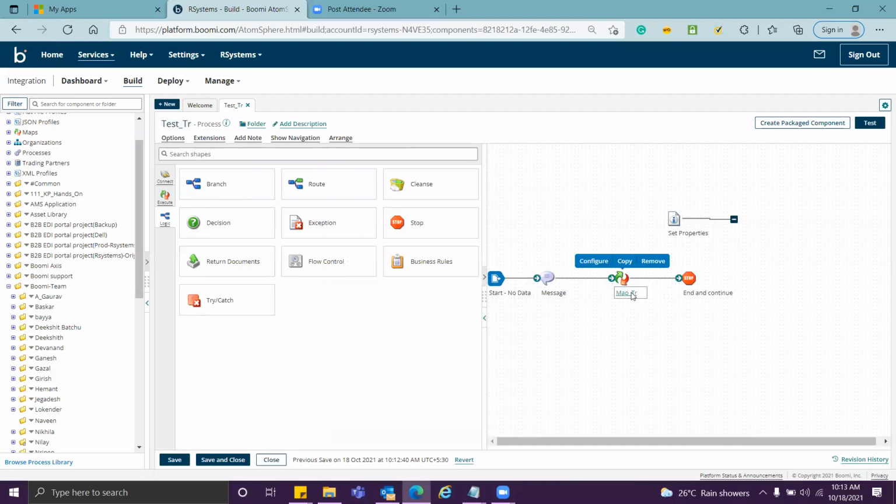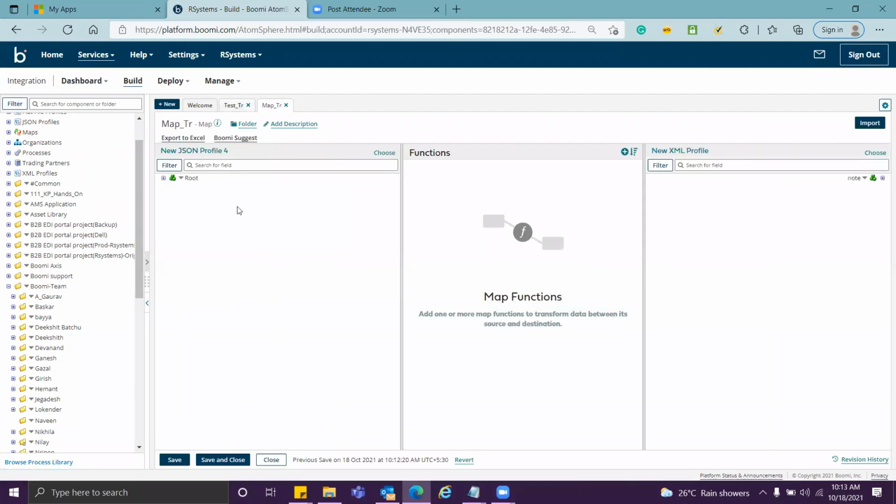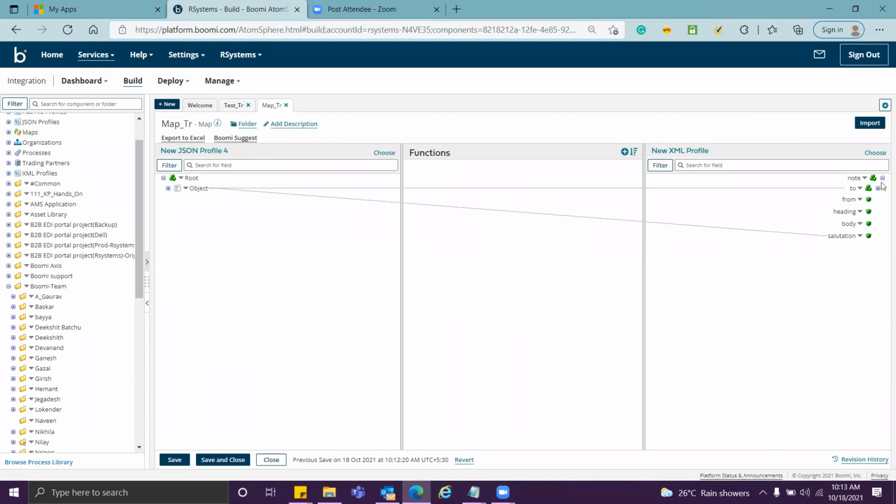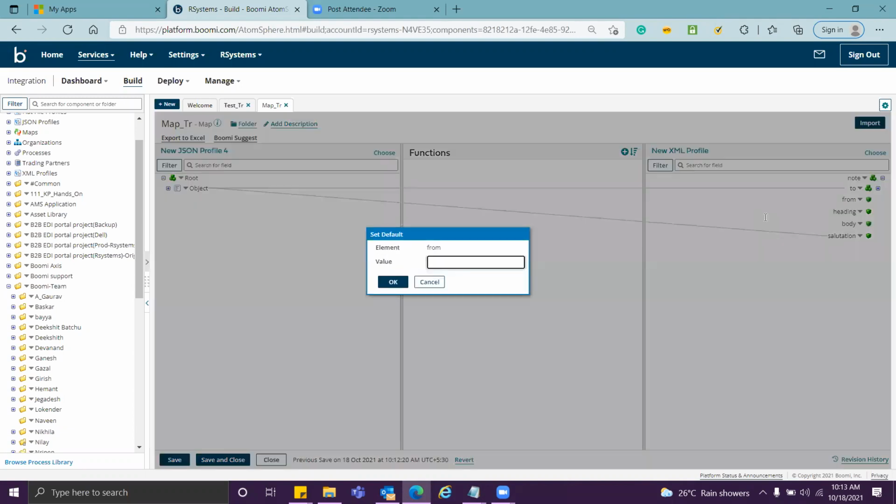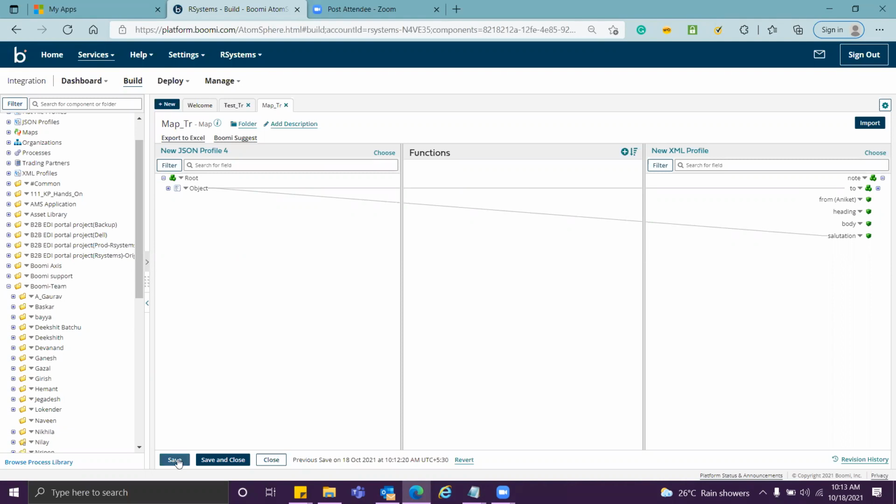Now, second thing was how to set a default value. On the right hand side, you are seeing these down arrows, right? Say I want to set a default value on from. So I click on from, it will ask how to set the default value. Click on this and say I want to put it as Aniket. I click on OK, I click on save.